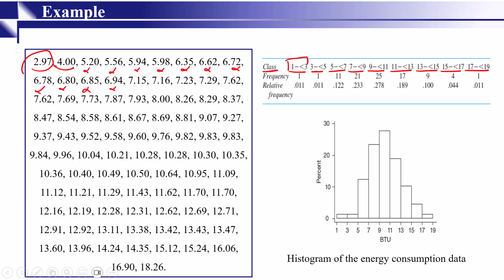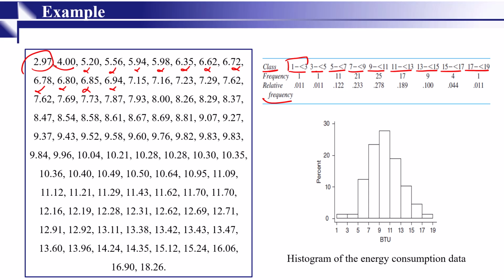And so on. Then we find out the relative frequency. What is the relative frequency? The total is 90, and it is 1 by 90. Then 1 by 90, 11 by 90, 21 by 90. Then we go for